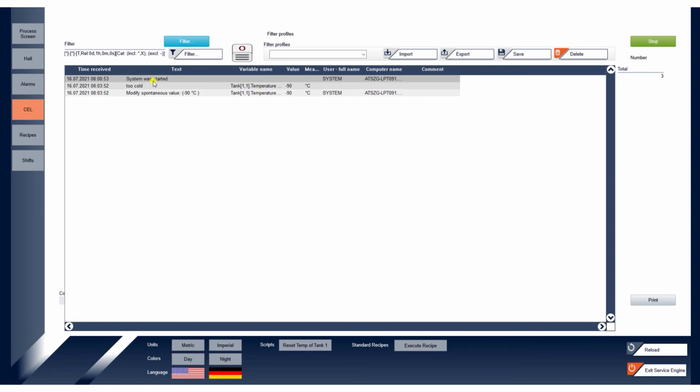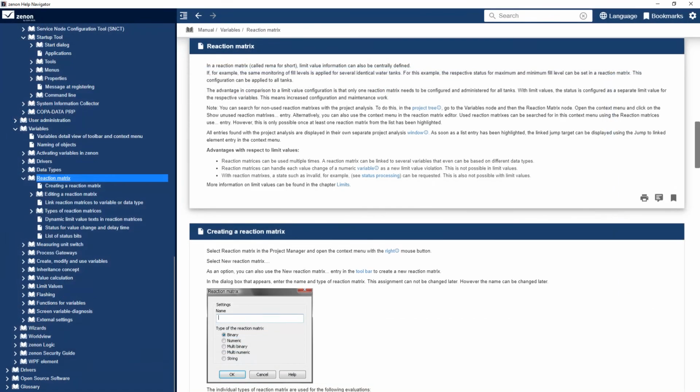in the configuration dialog. More information on this topic can be found in the Xenon help under